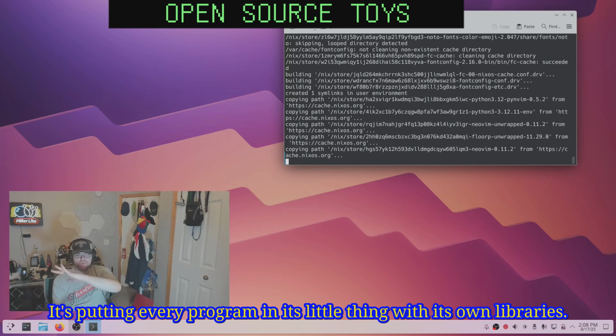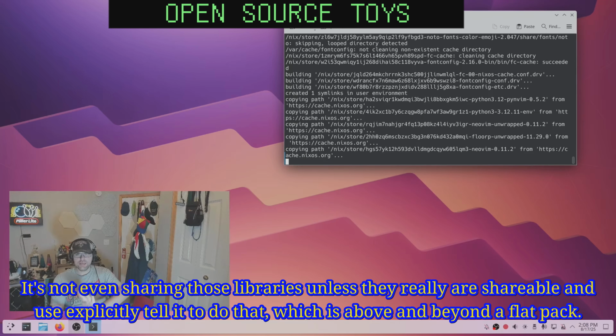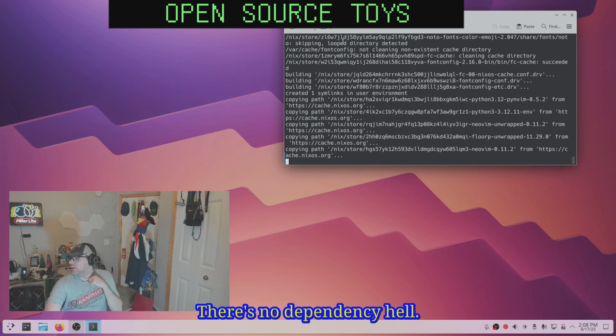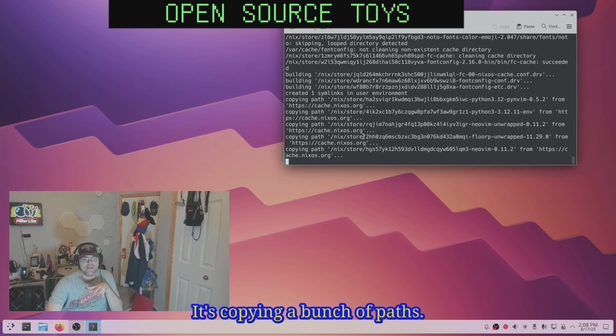It's putting every program in its little thing with its own libraries. It's not even sharing those libraries unless they really are shareable, and you explicitly tell it to do that, which is above and beyond Flatpak. There's no dependency hell. It's copying a bunch of paths,